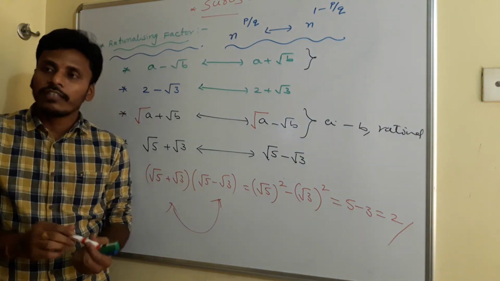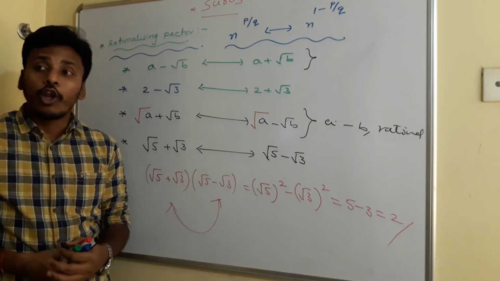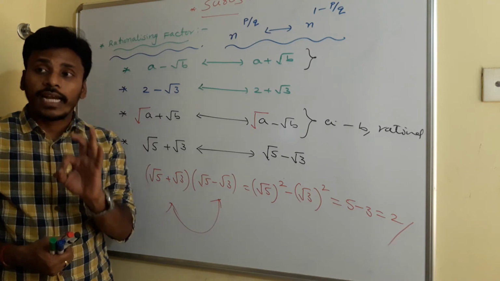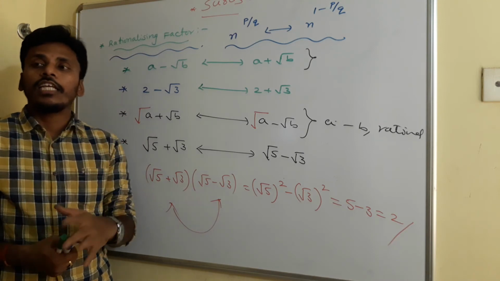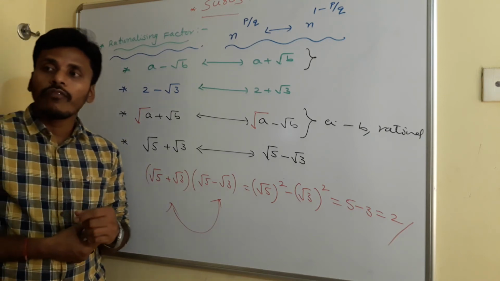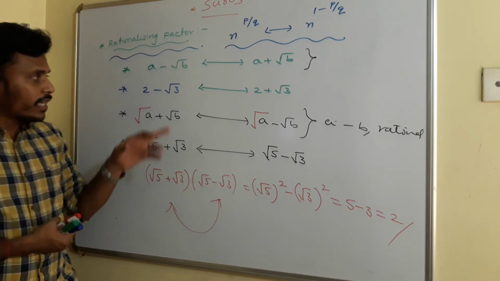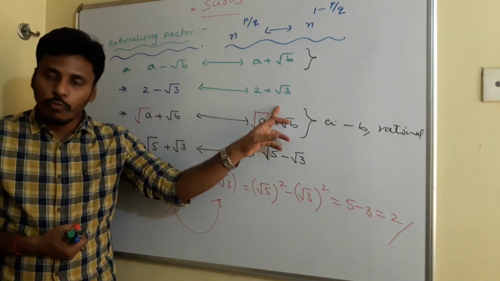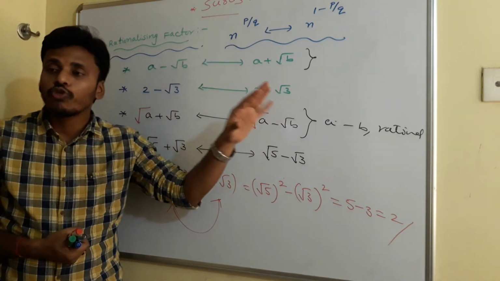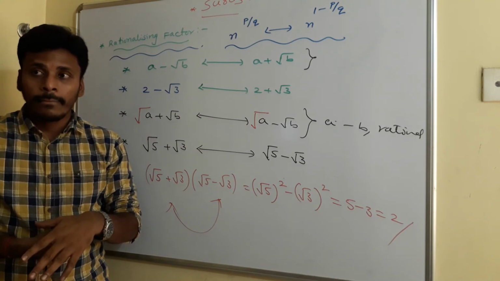So for simple sets, we have a simple way to find the rationalizing factors as we discussed earlier. And for binomial sets, and among those binomial sets also, if second order is involved, directly you use the x square minus y square formula. With the support of that, x square minus y square as x minus y into x plus y, the rationalizing factor for 2 minus root 3 is 2 plus root 3, for root 5 plus root 3 is root 5 minus root 3, for a plus root b is a minus root b. Like that we will find the rationalizing factors. Okay, just have a look.